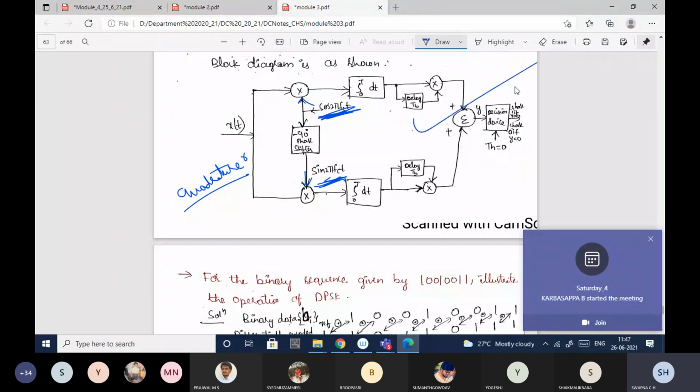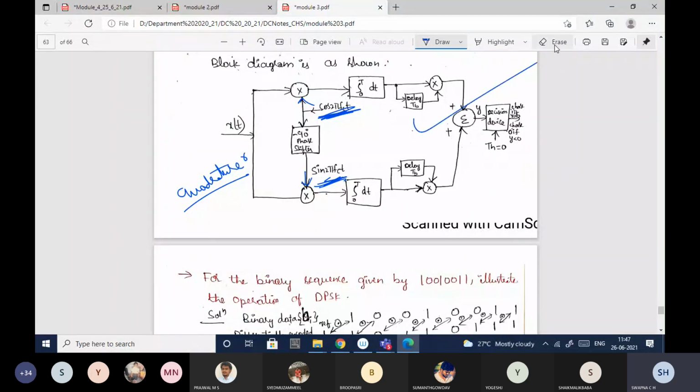This is again one more important question. That's what I'm telling you. Whenever they ask you the question, optimum is always optimum. Optimum receivers are nothing but your coherent receivers. That you need to keep in mind. See the question, understand the question, and then attempt it.